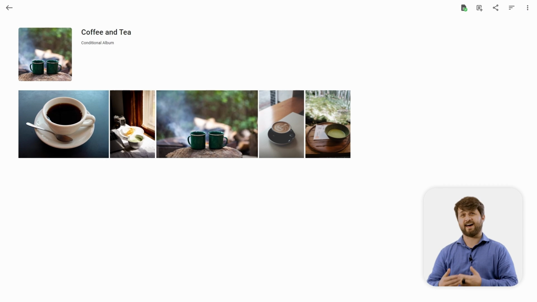You can do it via the tags that you set up for your specific photos, or you can do it by the people that are recognized utilizing facial recognition. What's also great about the conditions that you set, you can have multiple conditions and set up logic for those conditions. So if you wanted all the photos that have a certain person and they also have a tag of coffee, you can definitely do so and have a full album of that person always drinking coffee, for example.